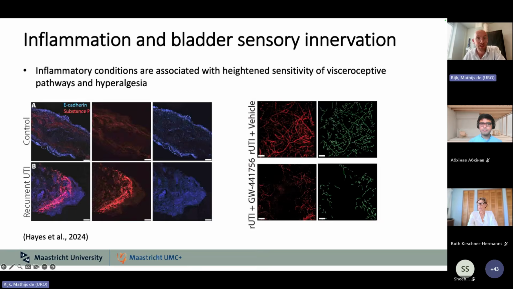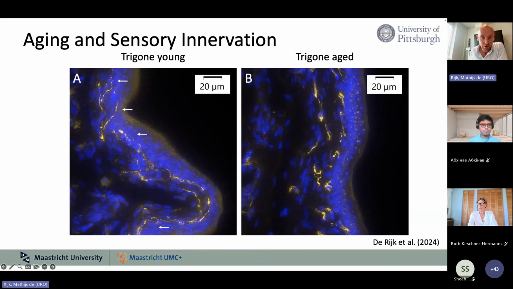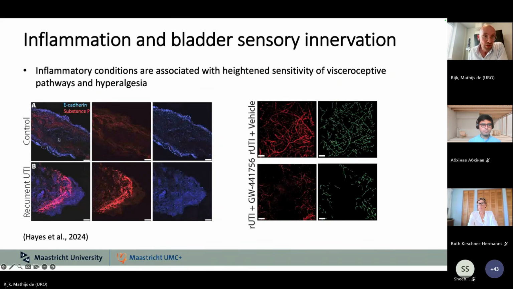And one example is inflammation. So we know that inflammatory processes also induce a change in innervation of the bladder wall. And you can see that on the left-hand side here. You can see a control group, and you can see a recurrent UTI group. And in red, you see substance P, which is not something you need to remember, but it's used to mark for nerve fibers, and you can see